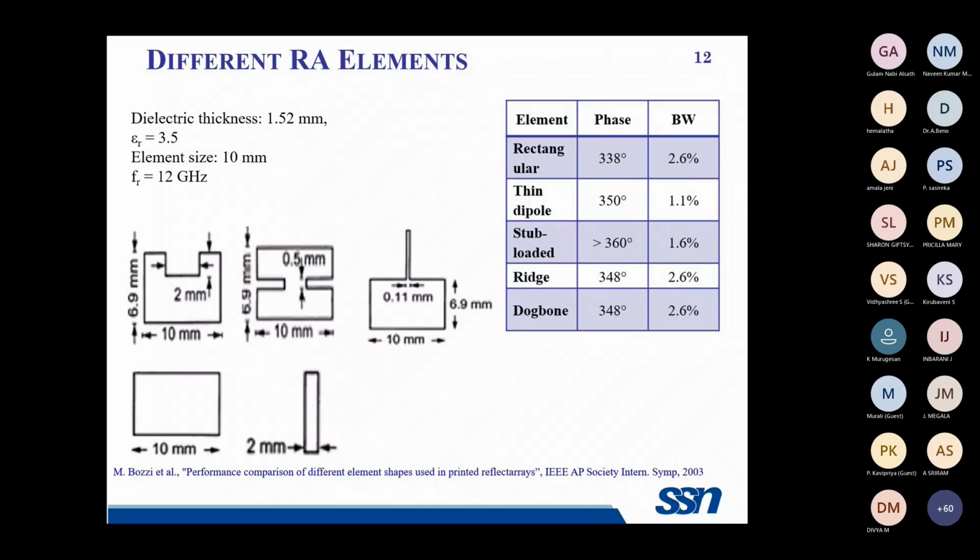This is the very basic concept we shall focus on now. This paper provides us various structures which give different phase ranges, various phase variations, and the corresponding bandwidth. So here the table states what type of structure provides what type of phase variation and the corresponding bandwidth. Let us get into detail with respect to the phase variation.